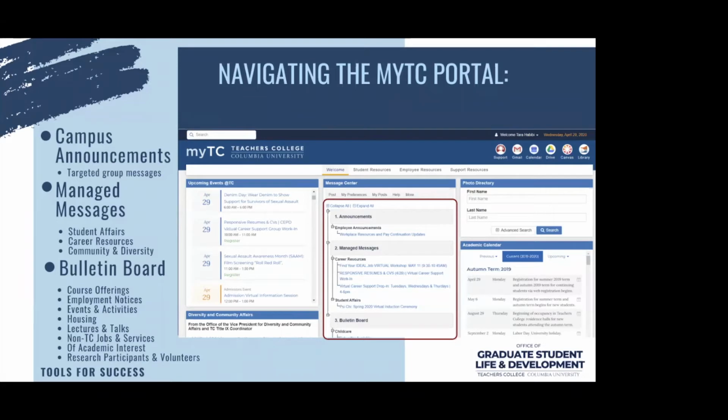As students, you should have the ability to post to the bulletin board, an electronic resource or catch-all for all types of things, including course offerings, employment notices, events and activities, which many of our student organizations utilize to advertise for their upcoming get-togethers or events, housing and sublet options, traditionally off-campus, lectures and talks that are open to the